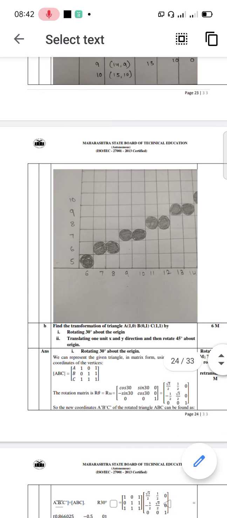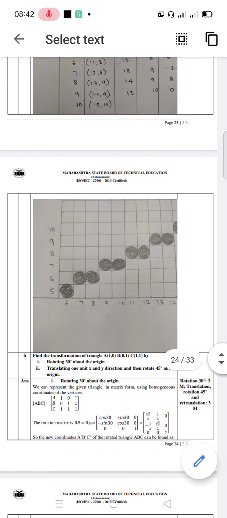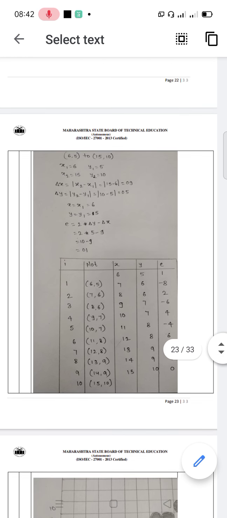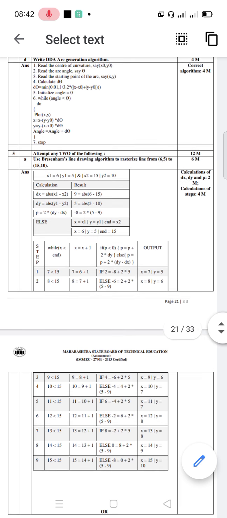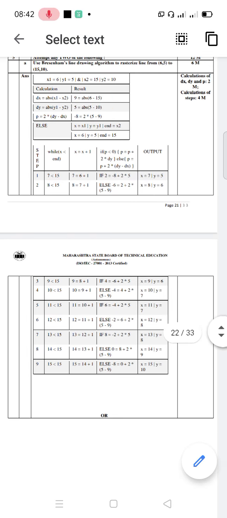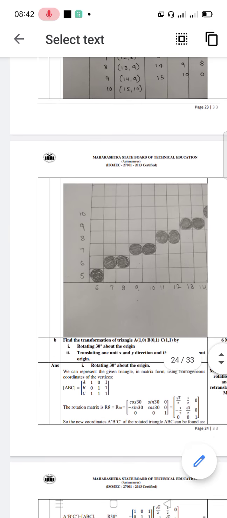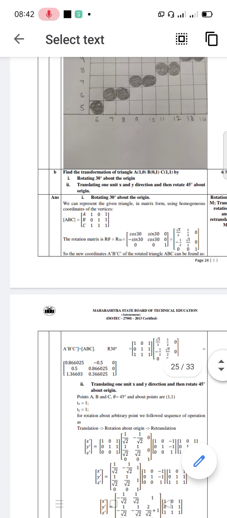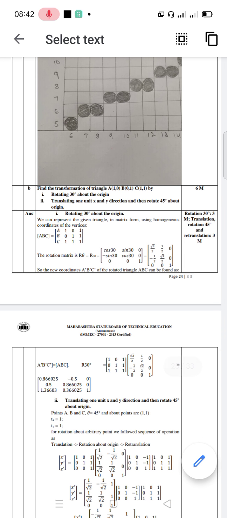This is one problem which appeared in one of the question papers. I think it is the summer 19 question paper. You can search for it. These problems are already available in the paper solution. Question number 5b, it is for 6 marks. The problems are very easy. You have to understand it very carefully and then you can go for these problems.